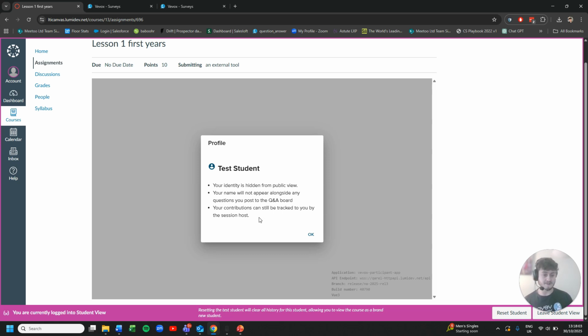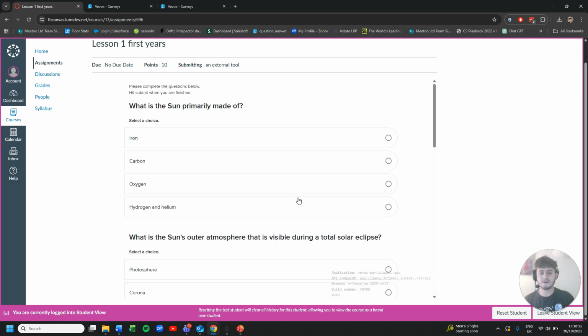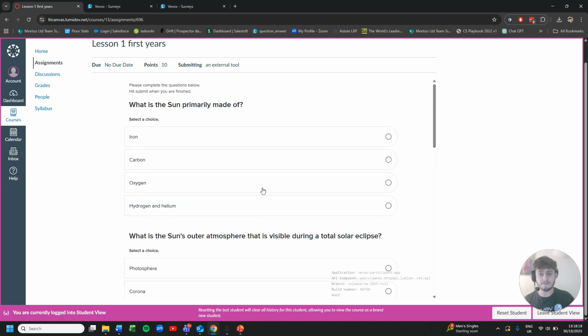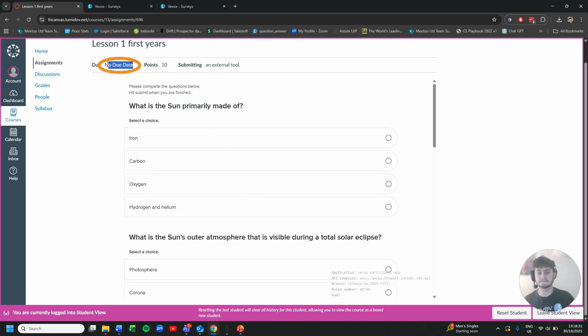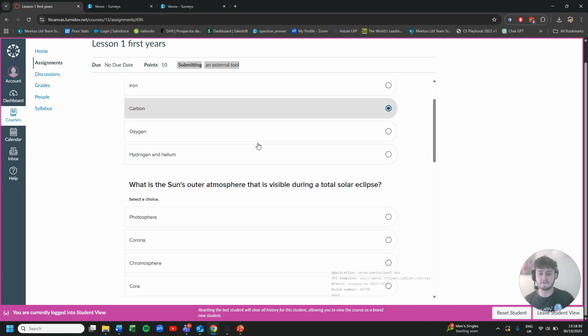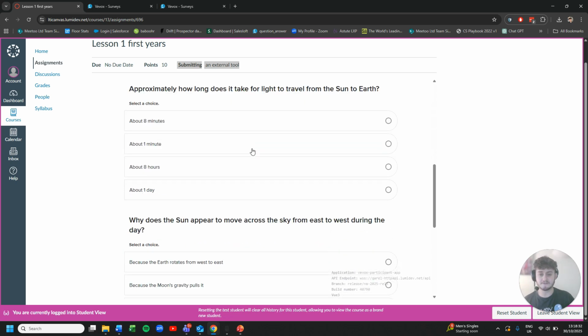What that essentially means is that in Vevox, I'll be able to see in the data tab who's responded, and it will pass the grades back to the gradebook. If I click OK here, we'll be able to see the survey open up. You can see we've got no due date, we've got an amount of points for this session, and we're submitting as an external tool. So now the students can go through, answer the questions,